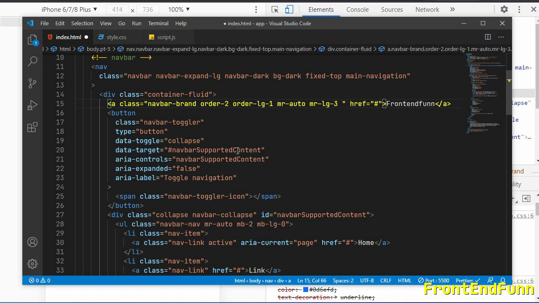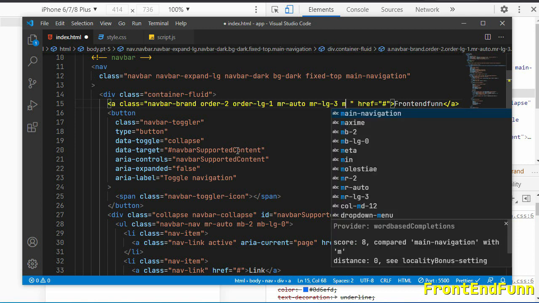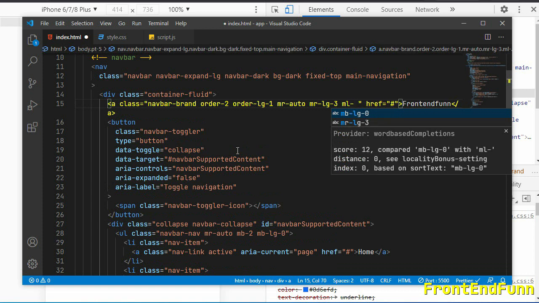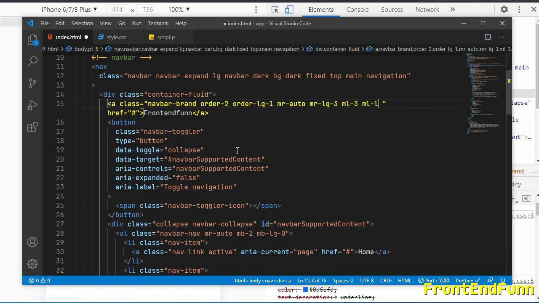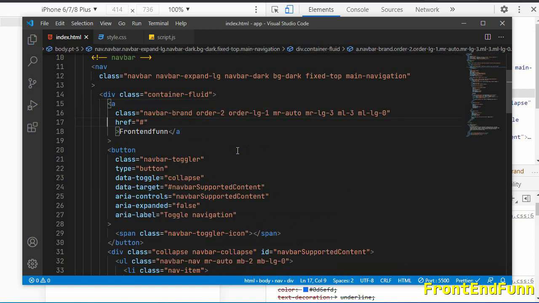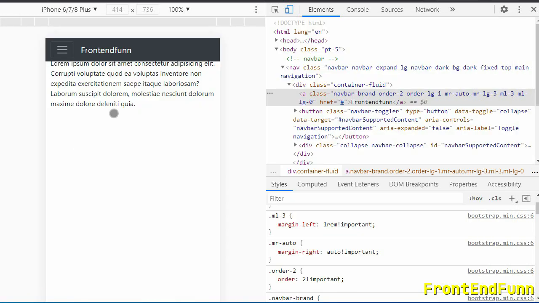So we are maintaining the same 1rem margin on the large screens. Okay, similarly on margin left we want 3 and margin left on large screens to be 0. Okay, so this will make the nav brand on the right and the navigation button on the left, that is the trigger button on the left.